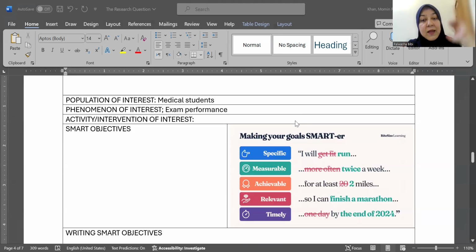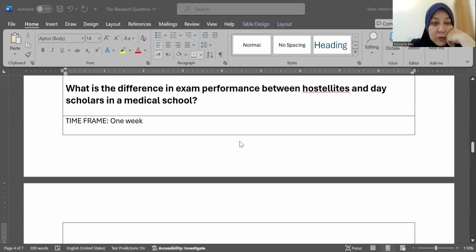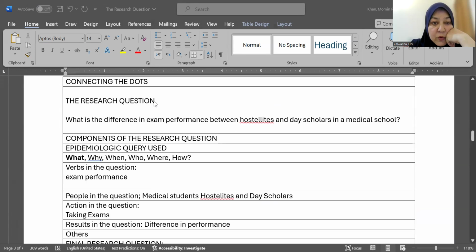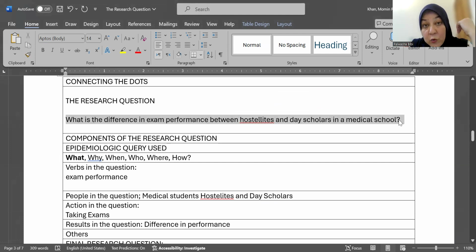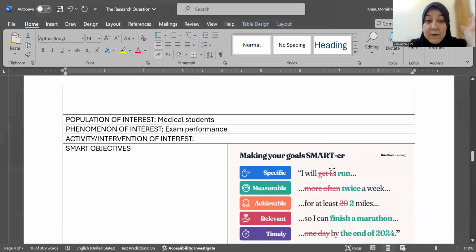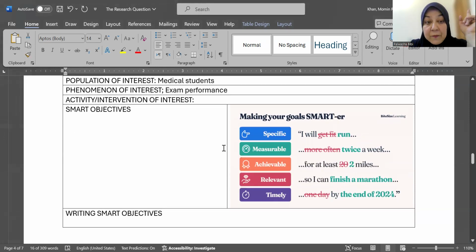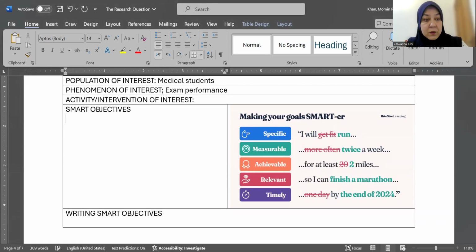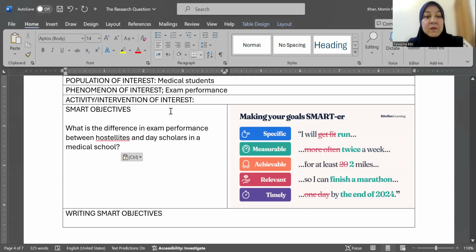Okay. The next thing is, now that we have our research question, I will take the original research question again, because I want you to stick to this question, and I want you to learn how sticking to your question will assure that you will never go wrong. At the end of the exercise, you will have everything that I told you that you will have. All right. This is my question. The exercise that I want you to go through is called making SMART objectives. And SMART is, I'm sure many of you have.